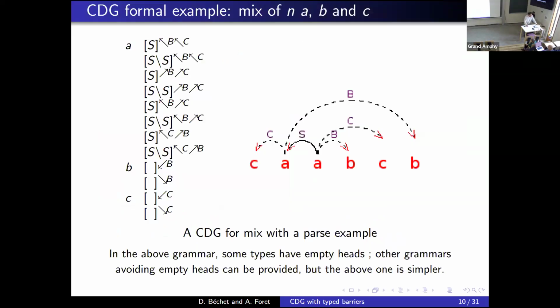Here is a language which is recognized by categorial dependency grammar, which is a mix of three symbols A, B, C, but of course we must have the same number of A, B, and C. The lexicon is there. You can see that A is associated to several types, B and C also, but only two for B and only two for C. You can also see that, in fact, we have empty heads for the types B and C. It's possible to have CDG with something that forbids empty heads, but this one is more simple than